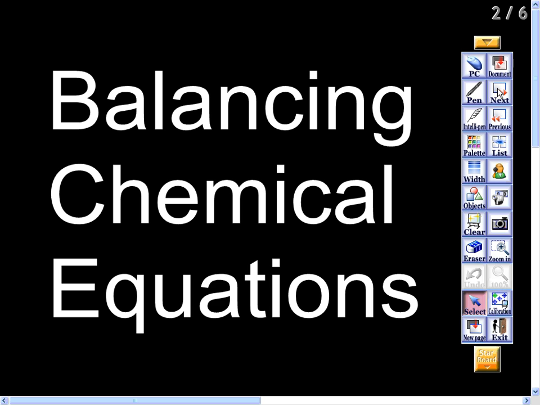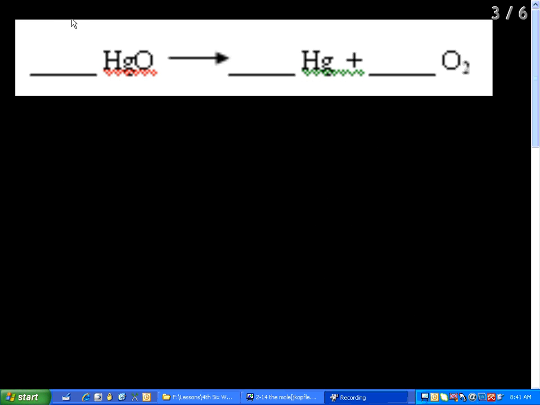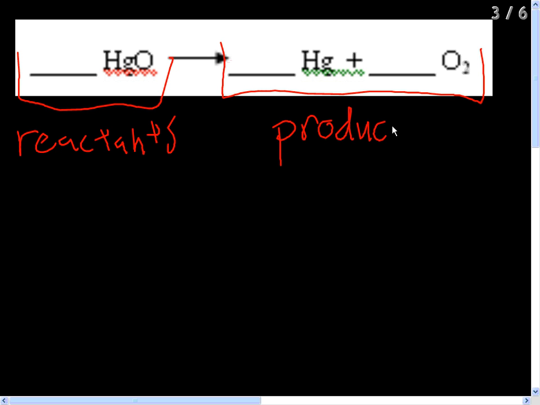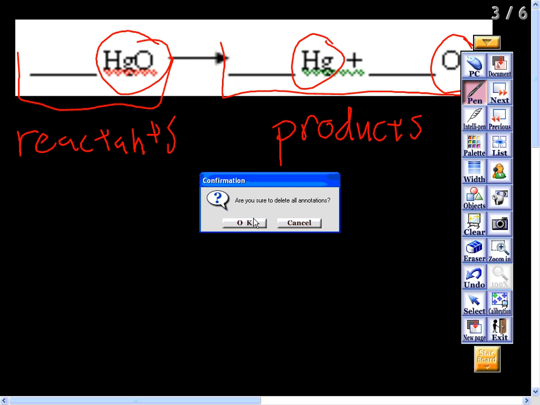So here's an example of a chemical equation. As you can see, there's several parts to it. This part is called the reactants. It's basically what's going in, what your starting materials are. This side we refer to as the products. It's what you're making. Notice in this case we have just one thing in the reactants decomposing into two things in the products. Now, there's a very large problem with this equation